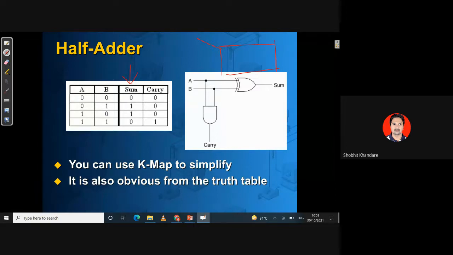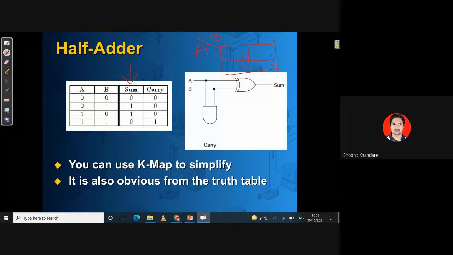So in this you have A and you have B. Only 2 variables are there. So this is a 2 variable K-map. So when this is a 2 variable K-map, you know how many cells will be there? Only 4 cells. So cell 0, cell 1, cell 2, and cell 3.